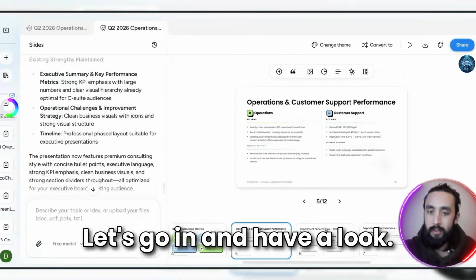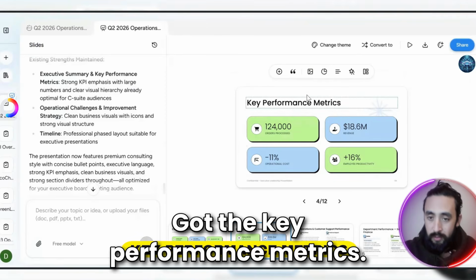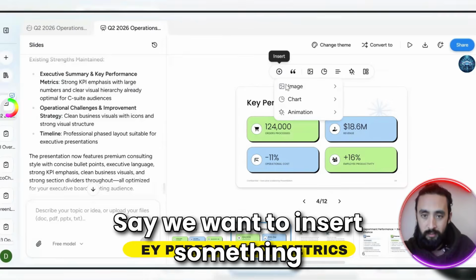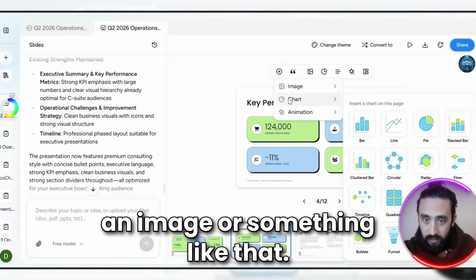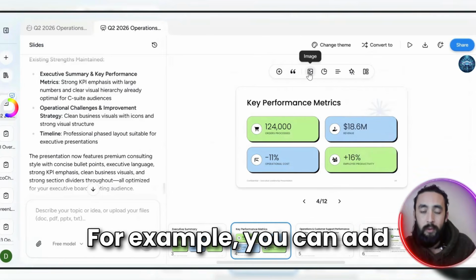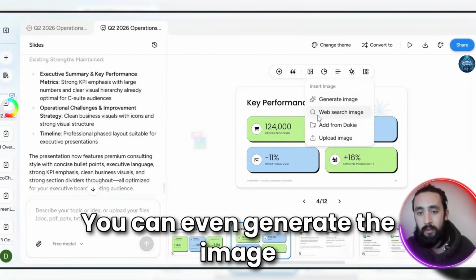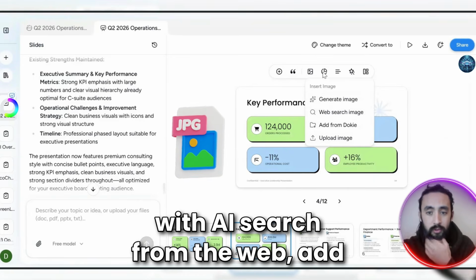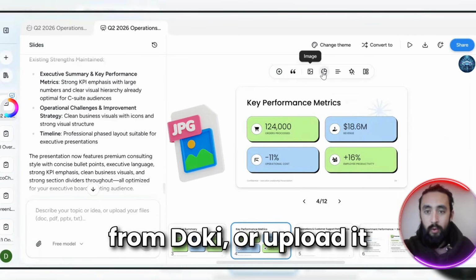Warehouse overhead costs, let's go in and have a look. Got the key performance metrics? Say we want to insert something here. For example, maybe an image or something like that. Maybe we want to do a chart or a specific kind of animation, for example. You can add an extra image here too. You can even generate the image with AI, search from the web, add from Doki, or upload it yourself from